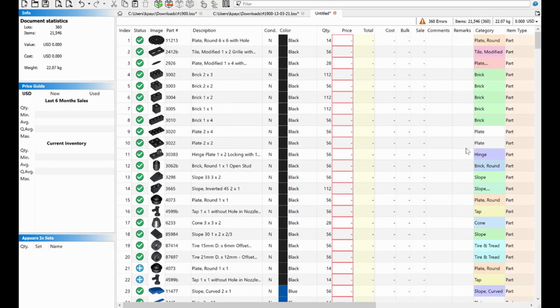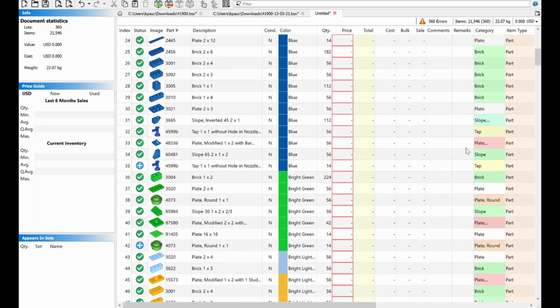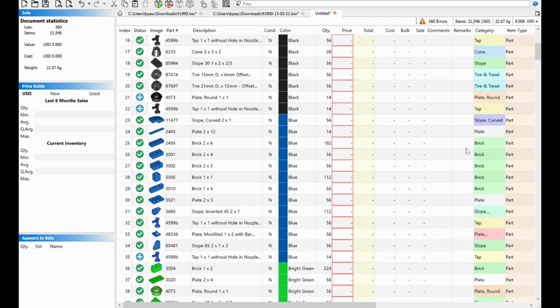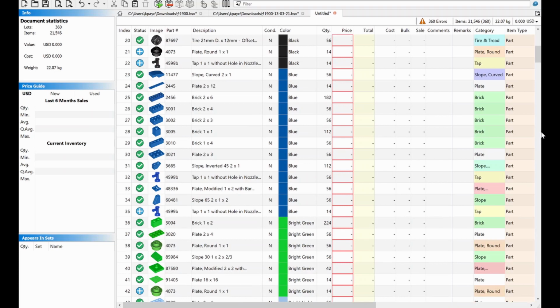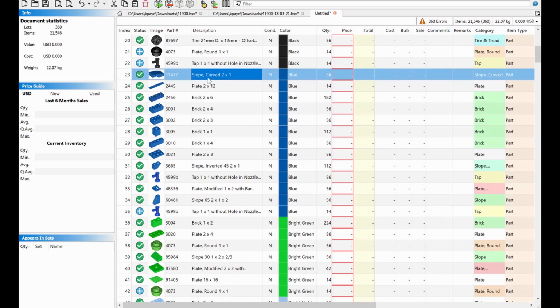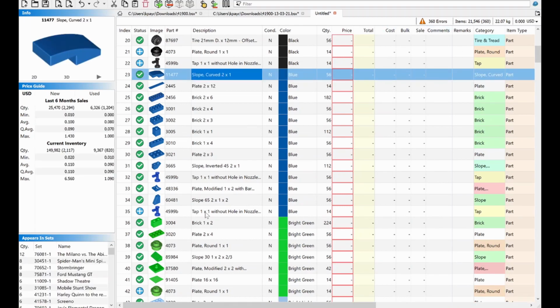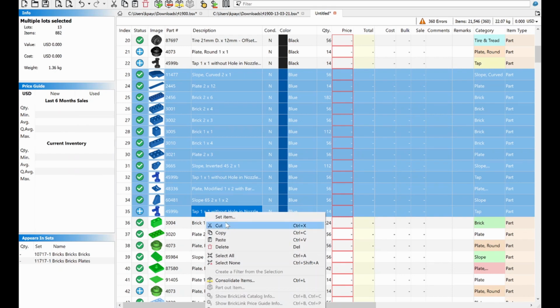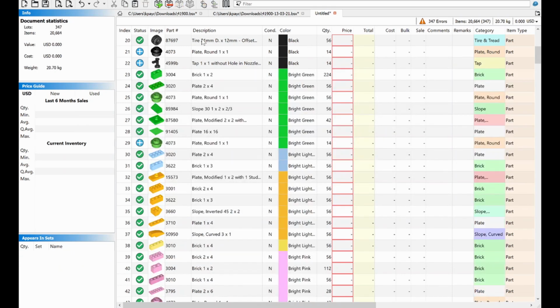But I don't want to part out the whole set in one sitting. The bags are divided by colors, right? Blacks, grays, and whites, I think, were in one, or blacks and grays, and then blues, light blues. So I can take those specific colors. So I can take the blues and I can cut these out and then